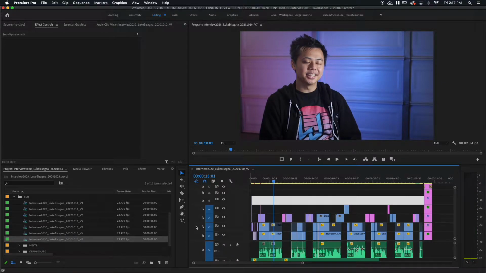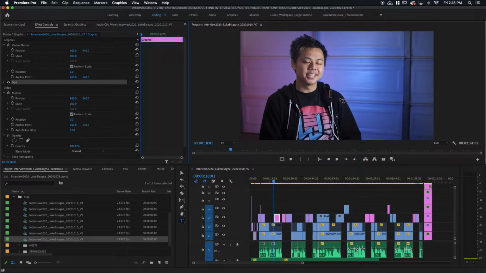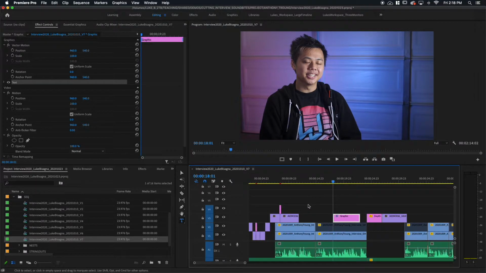All right, so back to the lower third here. What we're going to do is use the type tool. It's the T over here on the tool panel, and the keyboard shortcut is, amazingly enough, T. All right, so once I do that, I get a different control. And you can see when I roll over our program monitor here, I have a text typing tool. So I'm just going to click onto the program monitor, and I get the ability to type as soon as I do that. And you can see down here in the timeline, a new piece of media has appeared, and this is a piece of graphical information here. It says graphic on it, okay?